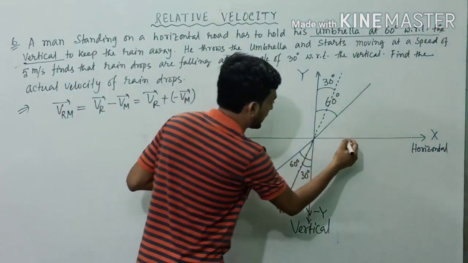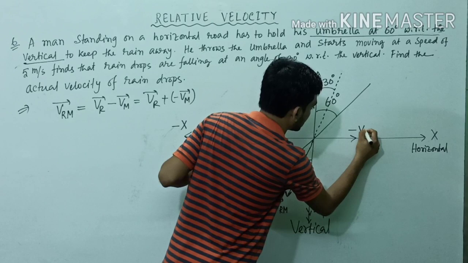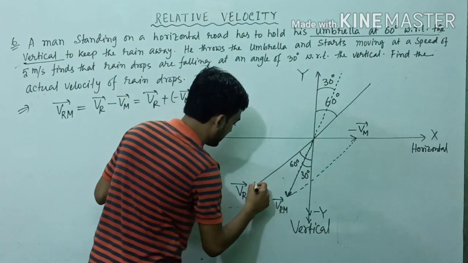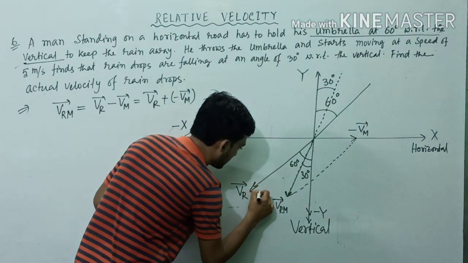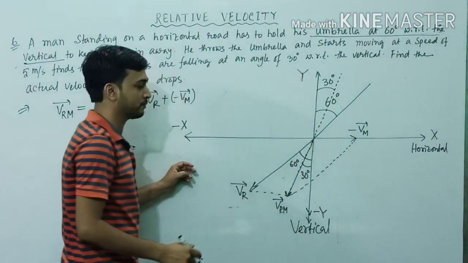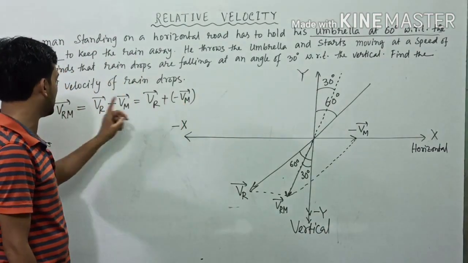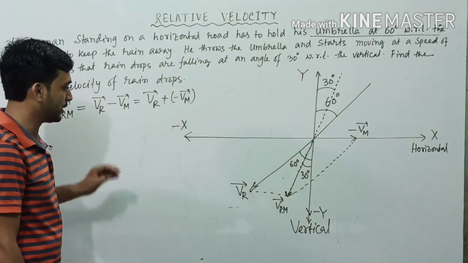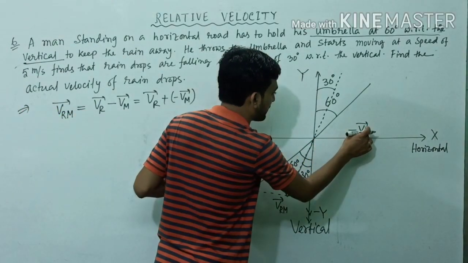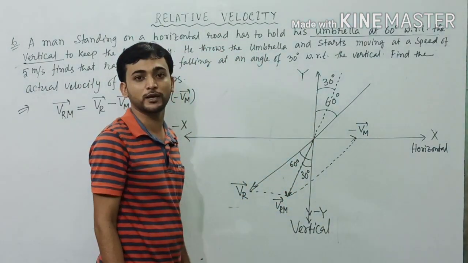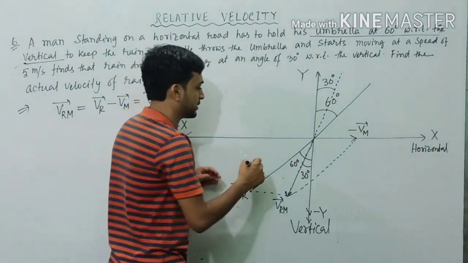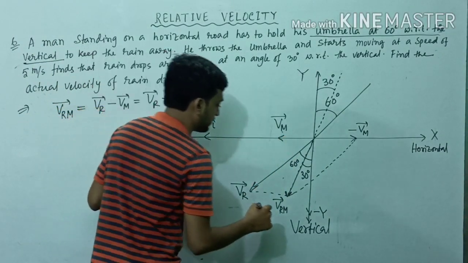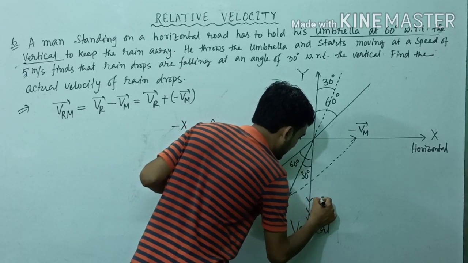We have to keep minus Vm vector along x-axis so that the resultant of minus Vm and Vr comes along Vrm, because the resultant of Vr and minus Vm is Vrm vector. Vrm means relative velocity of rain with respect to man. Okay, so if this one is represented by minus Vm, now what will be the direction of Vm? This will be along negative x-axis. So unit vector chosen along negative x-axis is minus i cap, that one we know, and that along negative y-axis